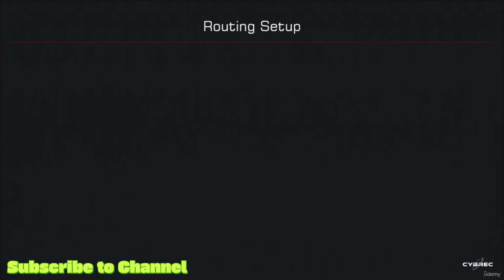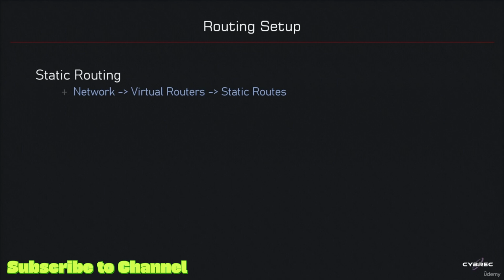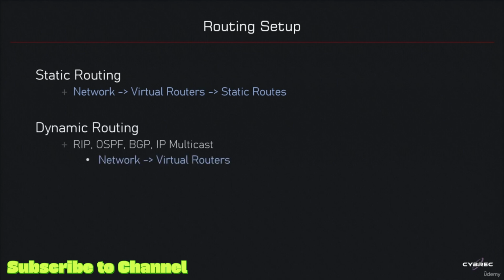Another thing we'll now take a look at is how to configure routing on the firewall. We have two routing methods that we could use on PAN OS. Certainly the easiest way is going to be to just configure static routes for network virtual routers. Or as an alternative, you could also use dynamic routing with RIP,